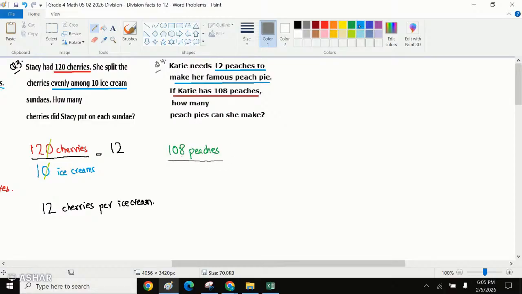And she was using how many? 12 peaches per pie. Per pie, right? Slash means per. Per means for this given value. So that means when 108 is divided by 12,